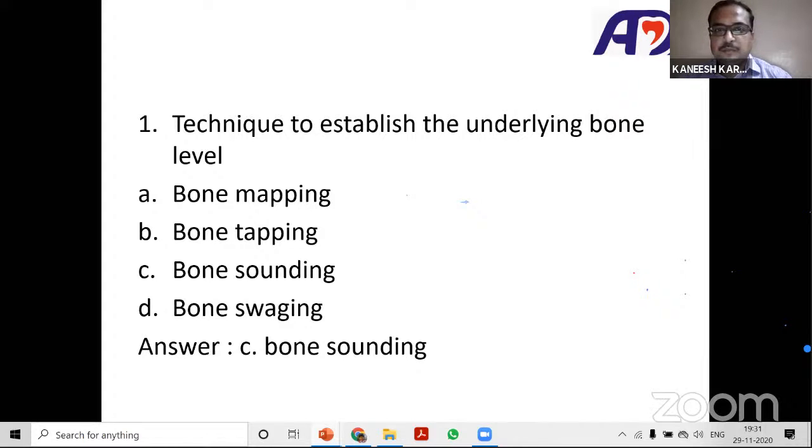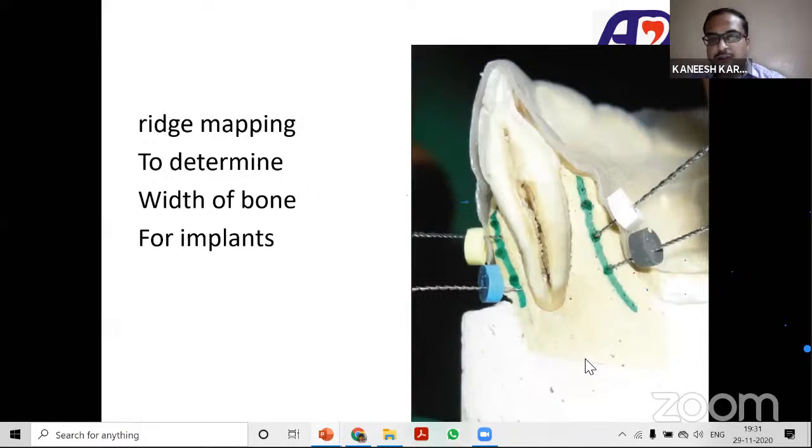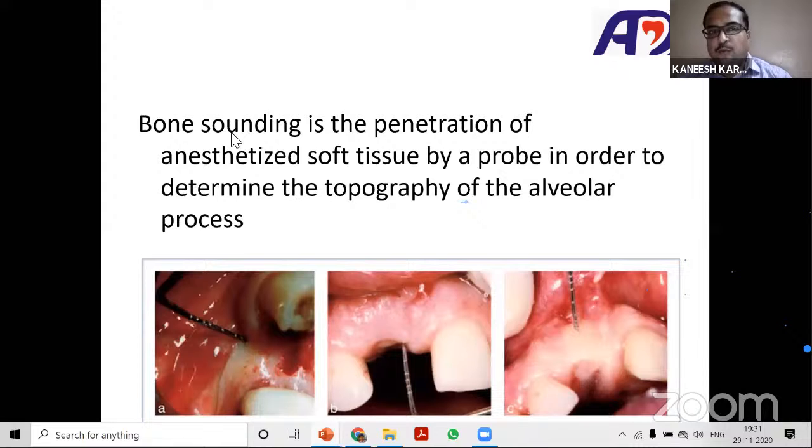Okay. See, what is bone sounding? Bone sounding is the penetration of the anesthetized soft tissue by a probe in order to determine the topography of the alveolar process. Say you insert a probe to determine how thick is the gingiva. This is for all implants. Okay, placing implants. So you determine how thick is the gingiva so that you can estimate the width of the alveolar bone like this. So estimation of the thickness of the gingiva is called bone sounding to determine the topography